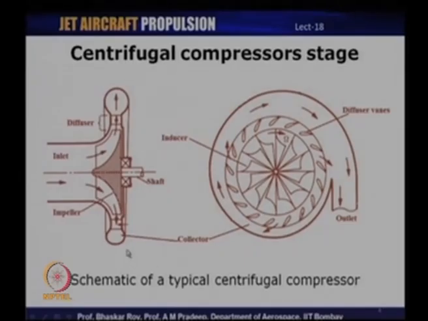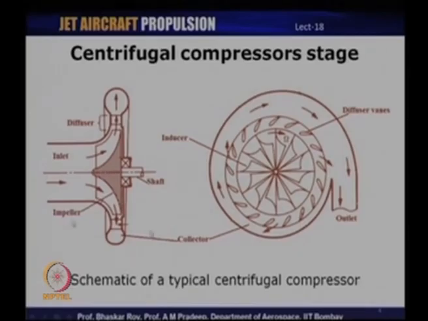This is just one of them, and there are two views of the same compressor that are shown. One is the side view and this is the front view. So, what typically happens in a centrifugal compressor is that air comes in axially and it leaves the compressor radially. Unlike an axial compressor where the inlet and exit are both axial, here the inlet is axial and exit is